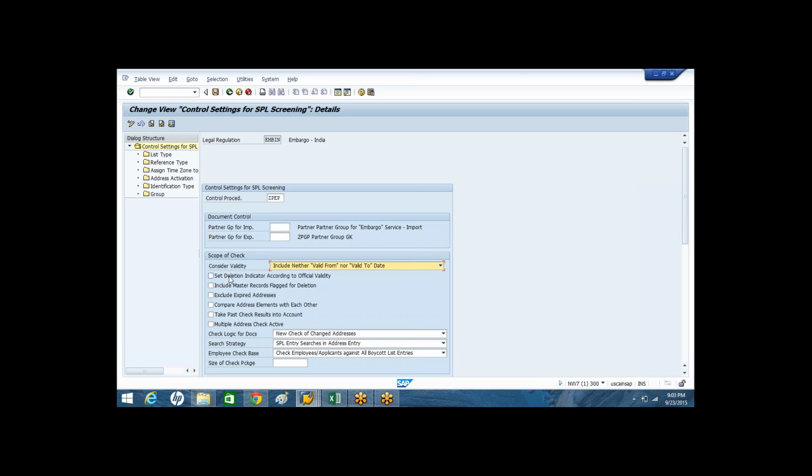Whenever the validity is expired, the system puts a deletion indicator on the SPL members, so that the system will not consider those SPL members for the screening process.